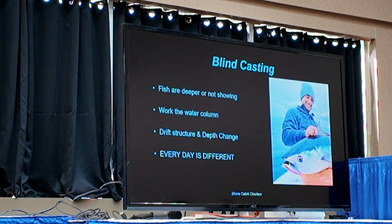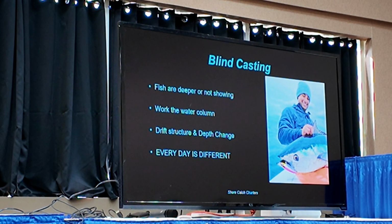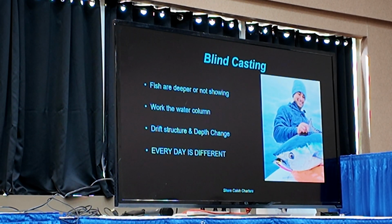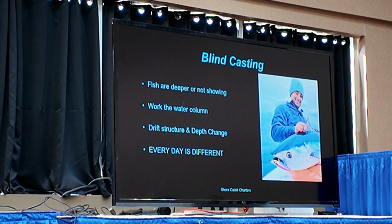So blind casting, fish deeper, not showing. Again, work the water column. Tons of lures out there, soft plastics. We use a ton that sink. We'll go into the lures a little bit, but you kind of want to see where that fish is,